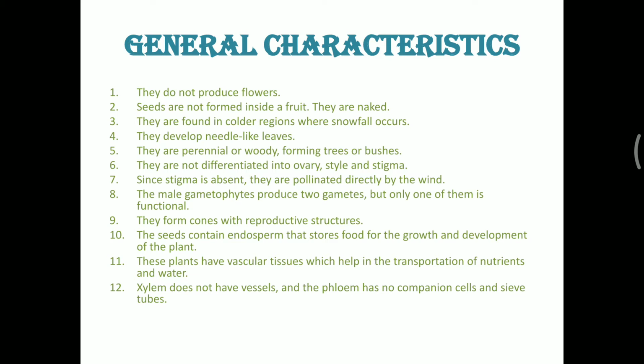They are not well differentiated into ovary, style, and stigma. When we refer to the female gametophyte, it is not well differentiated into ovary, style, or stigma. Since stigma is absent, they are pollinated directly by the wind. The male gametophyte produces two gametes, but only one of them is functional. They form cones with reproductive structures, and these seeds contain endosperm that stores food for the growth and development of